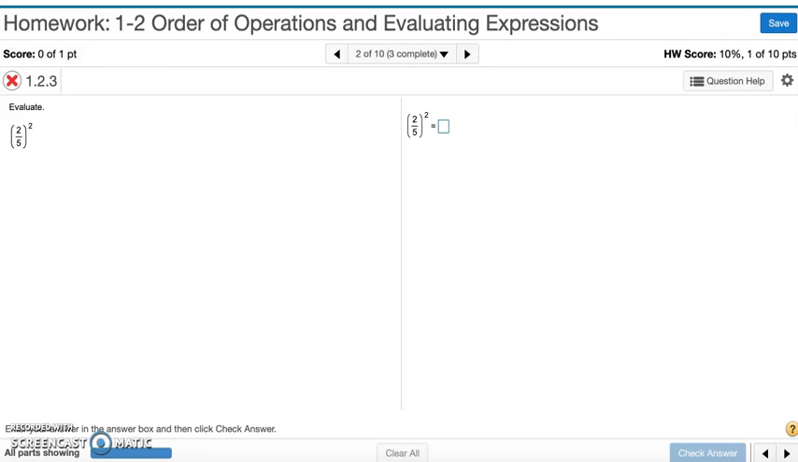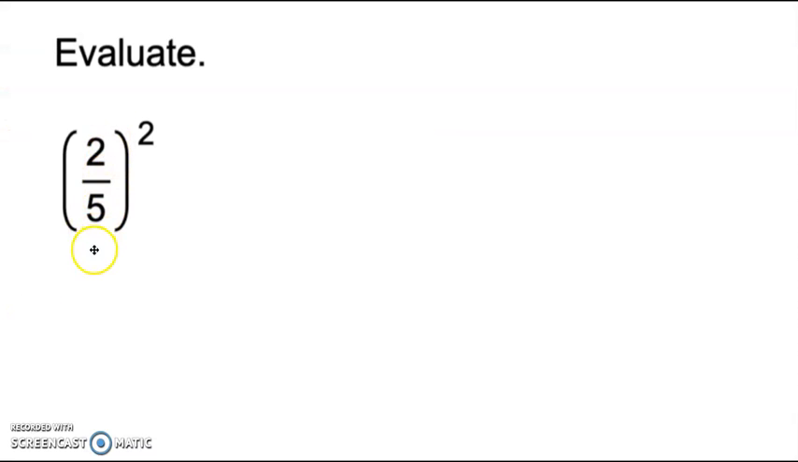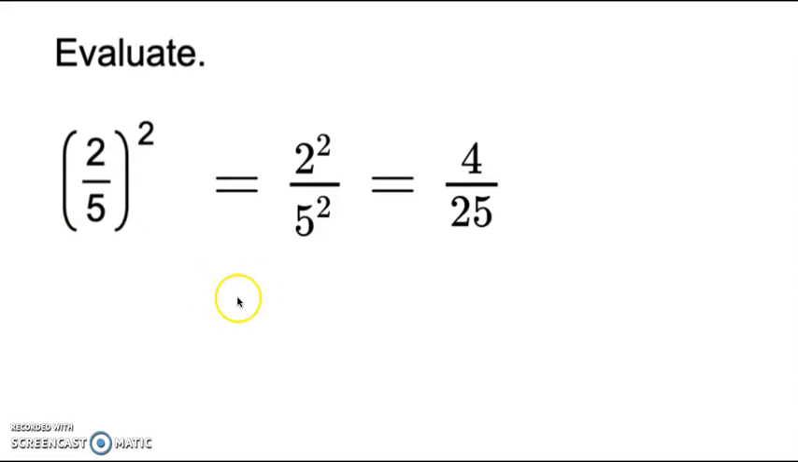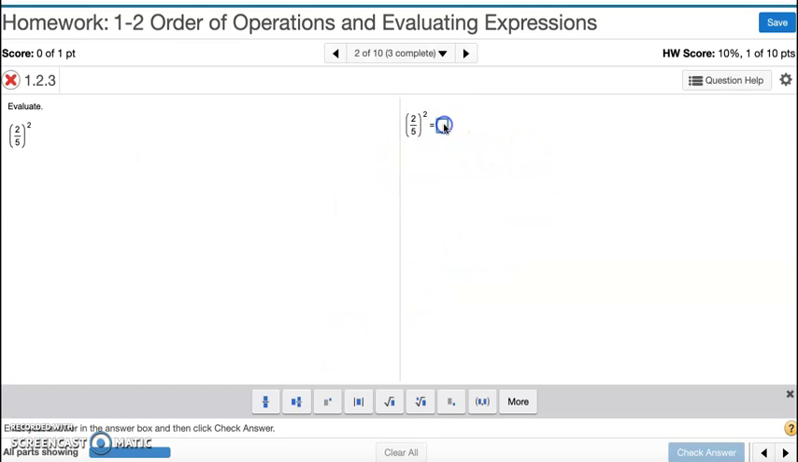So let's take a closer look at that. When you have a fraction being raised to a power, you can raise both the numerator and the denominator to that power. So we'll have 2 squared over 5 squared. 2 squared is 4, and 5 squared is 25. Now reduce this if you can, which in this case we can't, so we just type that in as the answer. So let's do that. So 4 over 25